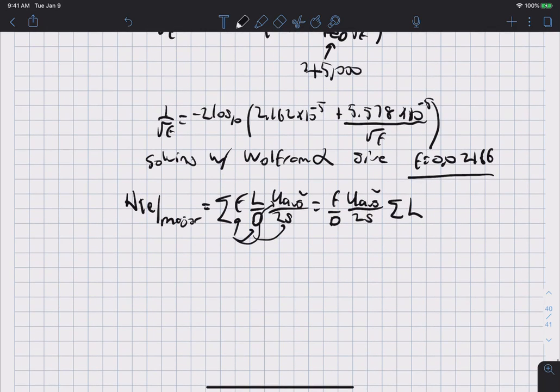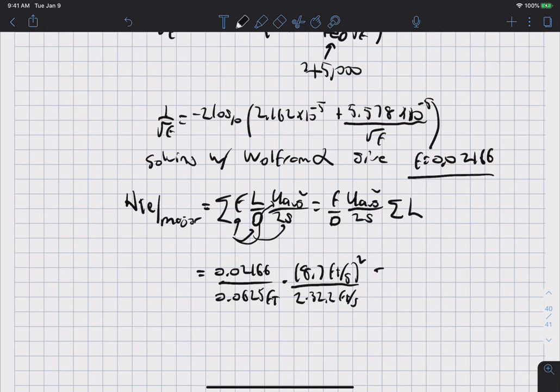Okay, and so now we're going to put in the numbers. So this equals 0.02166, and f is unitless, divided by 0.0625 feet for the diameter, times the average velocity squared. It's 8.7 feet per second squared over 2 times g, which is 32.2 feet per second squared, times the sum of